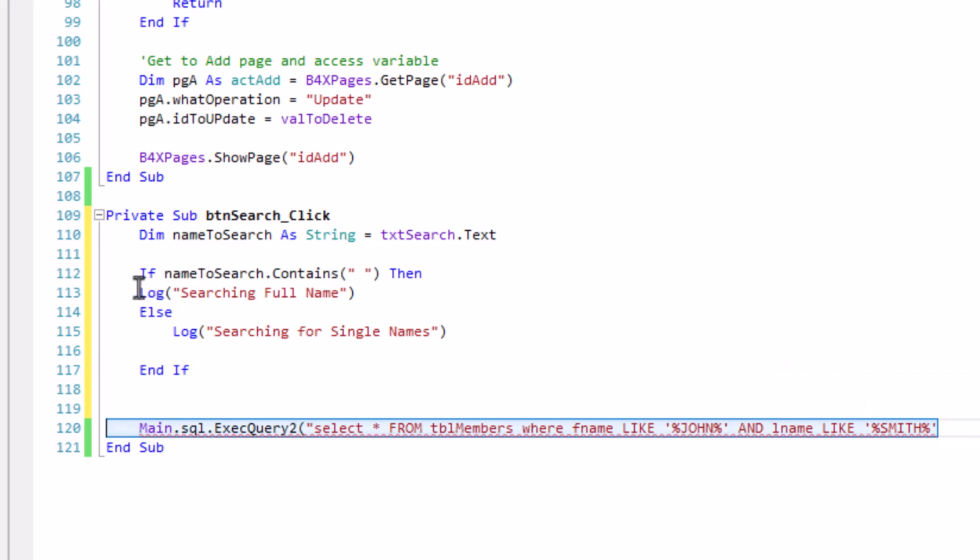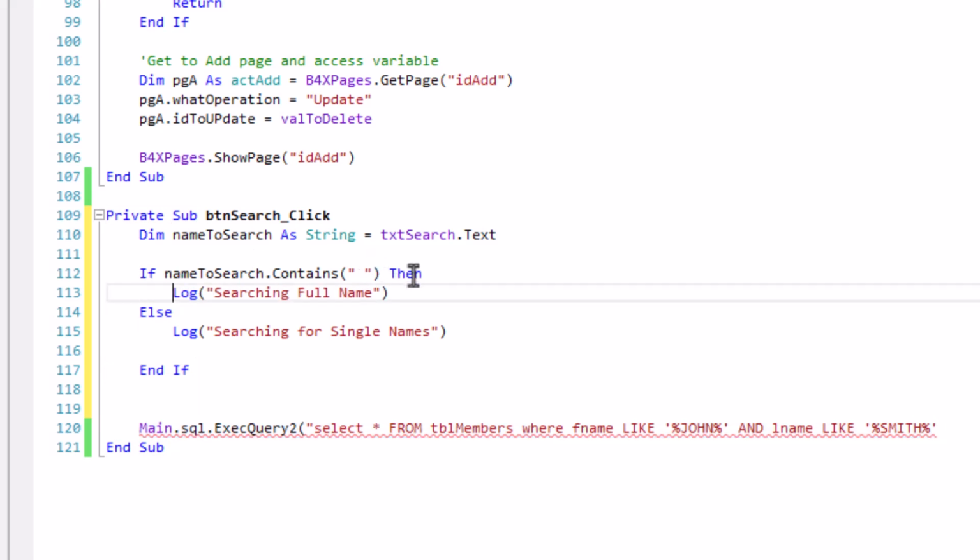Okay, so in case we are searching for two names, we have to split the name, right? So to split the name, we can use substring. Okay, so we can have something like this.